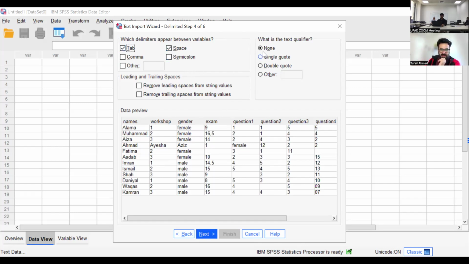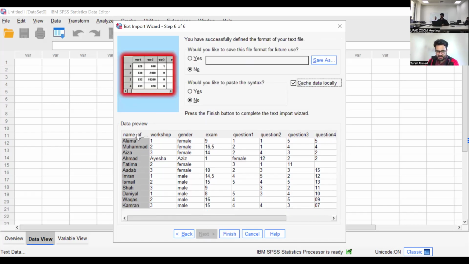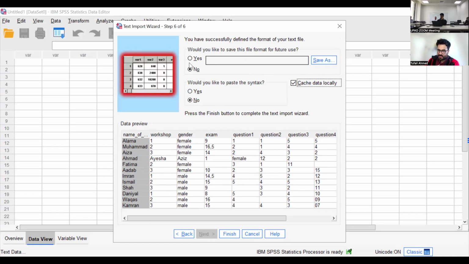And then you click next and you give a name to it. For example, because these are names of persons, I give this name. You can give any name. Okay, original. So you click next. You see this one is changed now because I changed the name here. You click next, and then you can save it, because in the first step I told you if you have a predefined format, you have this format now, you can save it.